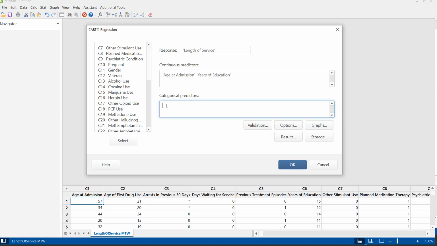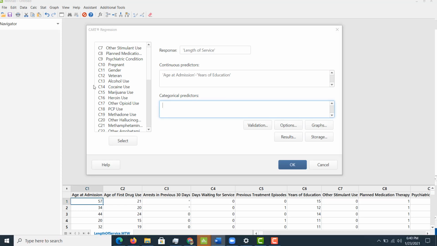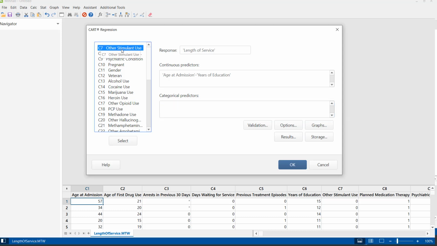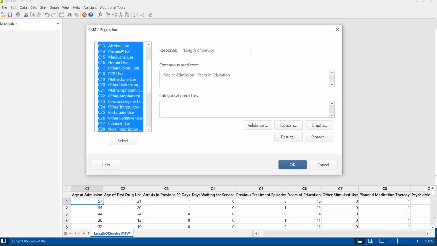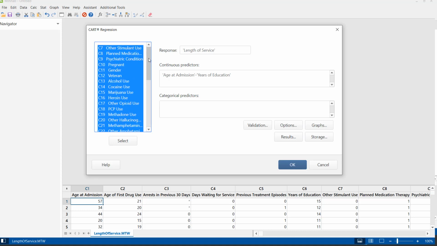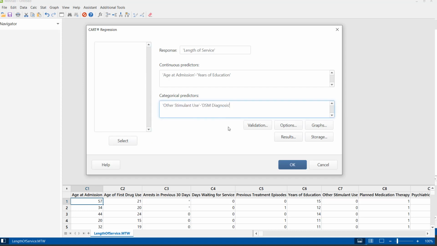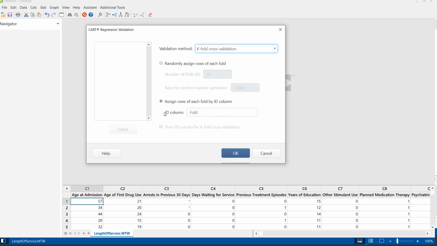Now for the categorical predictors, I know they run from other stimulants use to the DSM diagnosis, and then select. Okay, so these are the variables which are used. Now click Validation and assign the ID column as fold.